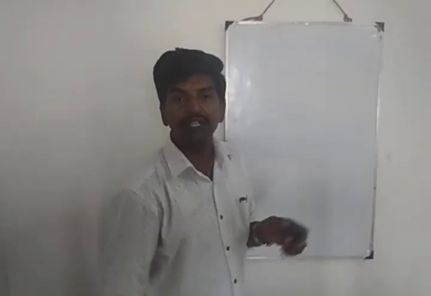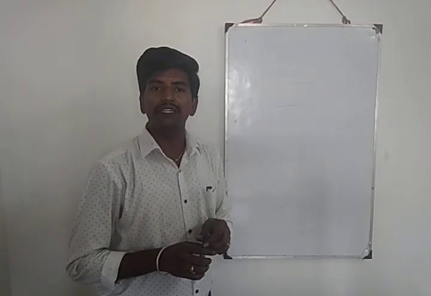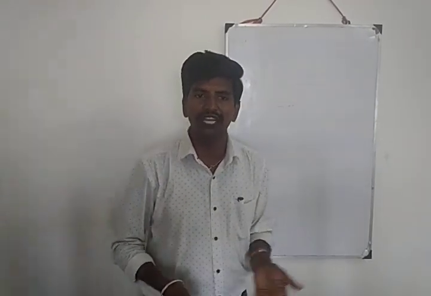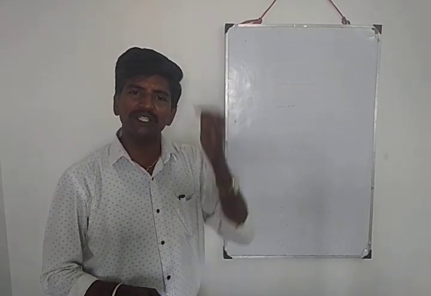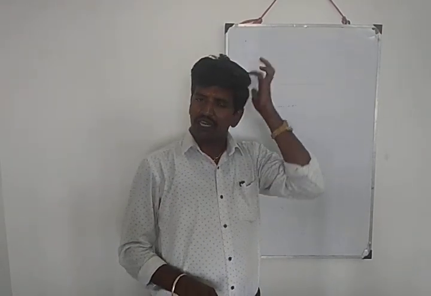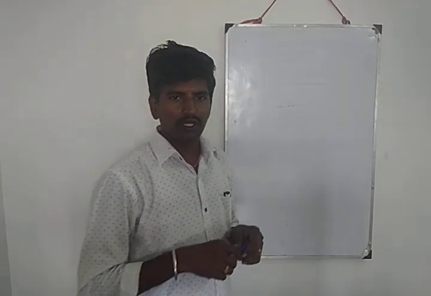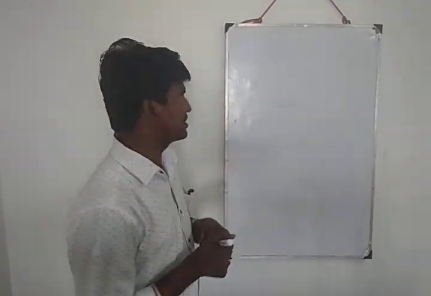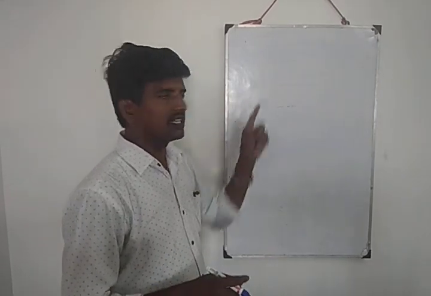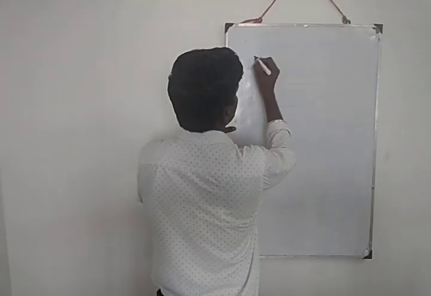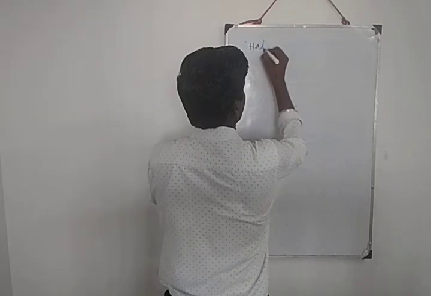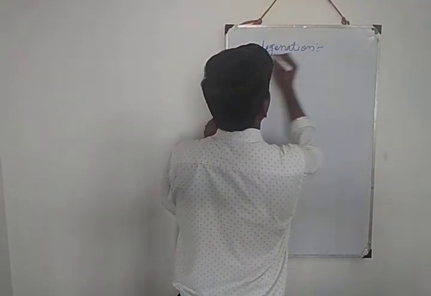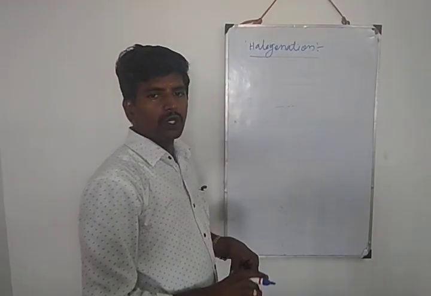What do you mean by halogenation? Addition of a 17th group element is called halogenation. You know fluorination, chlorination, bromination, iodination. Generally it is called halogenation. Okay. Now I am going to do bromination. If you want to do bromination, we have to add a brominating reagent. These are all chemical properties of ether. Am I right? Electrophilic substitution reaction. Halogenation. In this halogenation, I am going to do bromination.